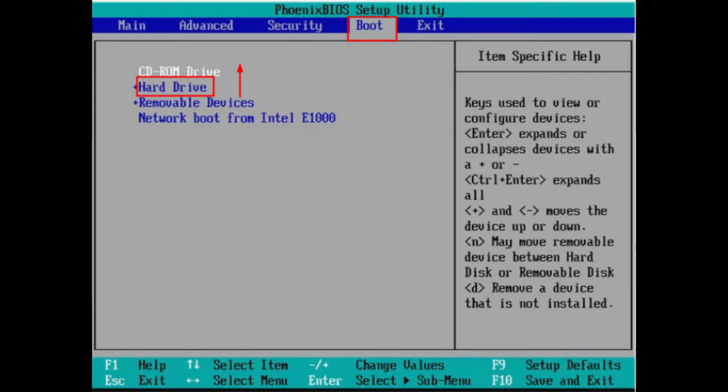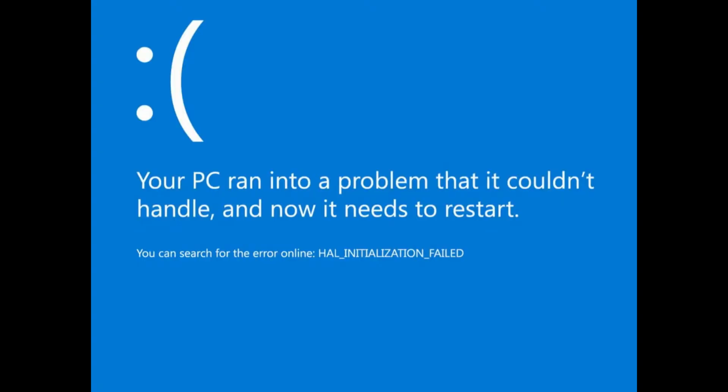To go into the BIOS menu, the keys vary based on the manufacturer of the computer. Basic keys are F1, F2, Del and Escape. Once you're in the BIOS menu, look for the boot option. In that boot option, you can change the priority of the drives in which the operating system is loaded. The other ways of resolving this problem are removing and reconnecting all the components like hard disk, cables and motherboard cables, or you can check the hard disk by using the check disk command.